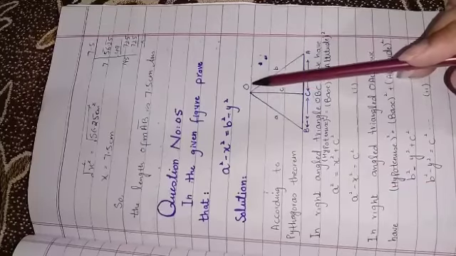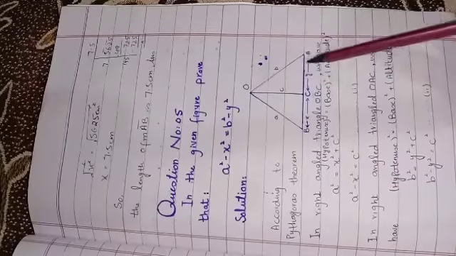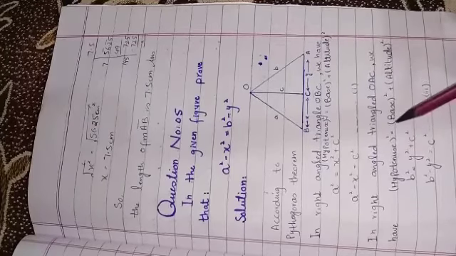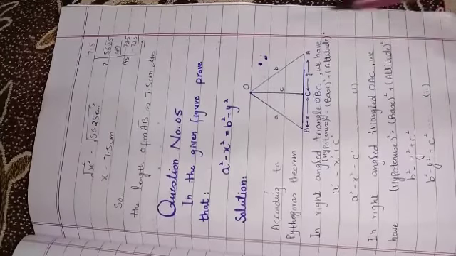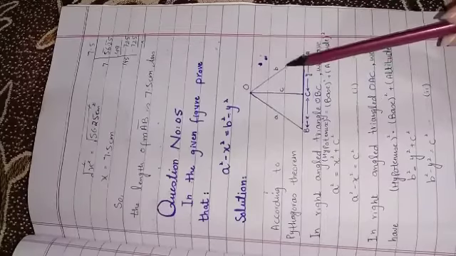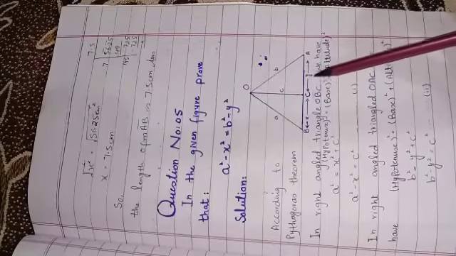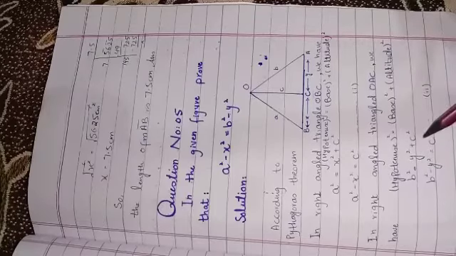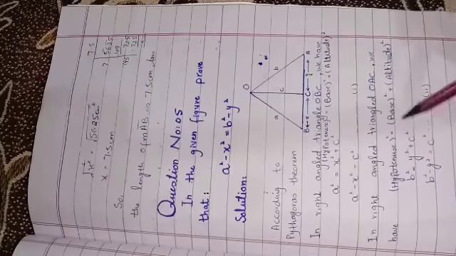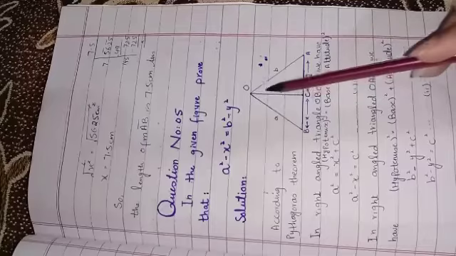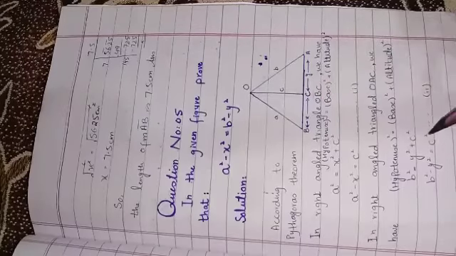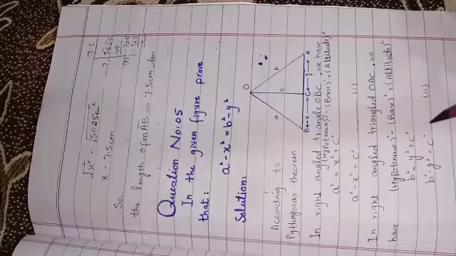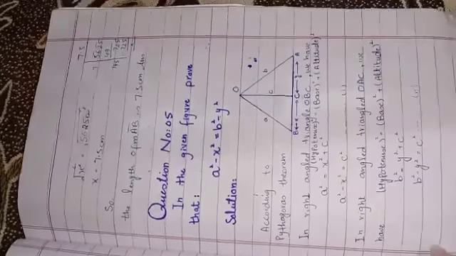On the other hand, we have the triangle O, A and C. Same, you all know the Pythagoras theorem, hypotenuse square is equal to base square plus altitude square. Here the hypotenuse is B, altitude is same C, and the base is y. B square is equal to y square plus C square. Here we will also find the C square because it is the same side of both triangles. C square is equal to B square minus y square. Here we got our first equation and here we got a second equation.